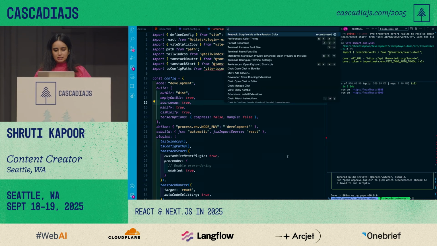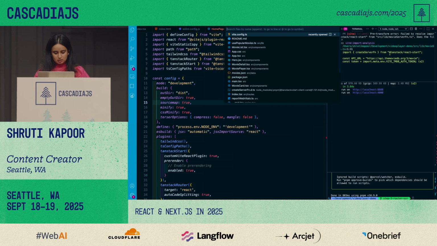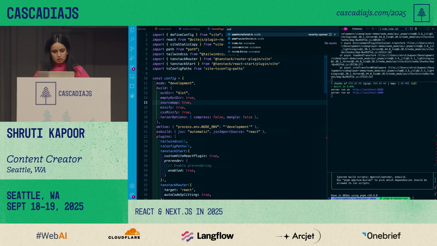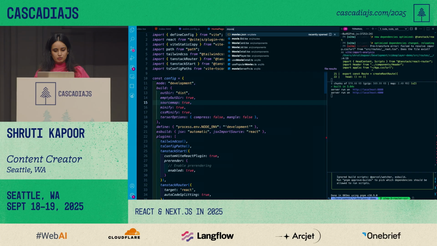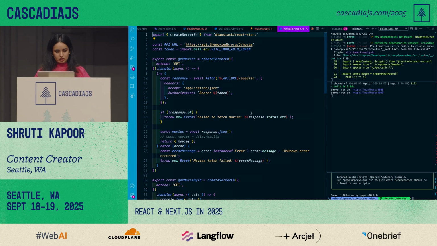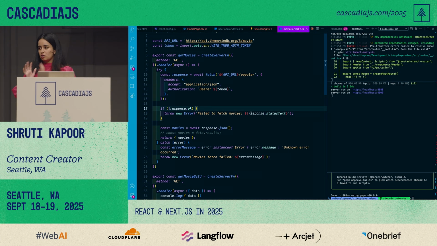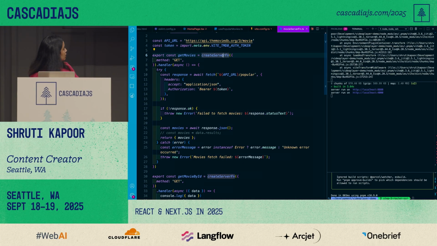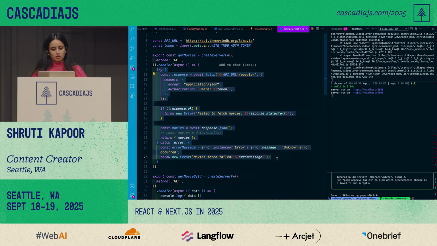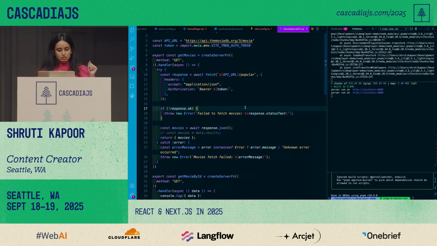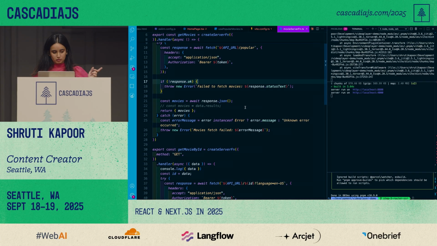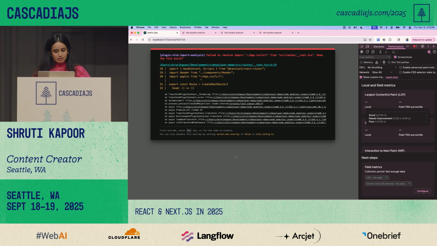OK, so with TanStack Start, what I'm actually going to do is in my usePopular, I'm going to create a server function called movieServerFunction, and creating a server function or calling data on the server is super simple with TanStack Start. All I got to do is create a server function at the top, and this is literally the same thing that I was doing on my client side in the useEffect. I just moved this to another function called createServerFunction, and now this renders on the server. Now, if I take a look,